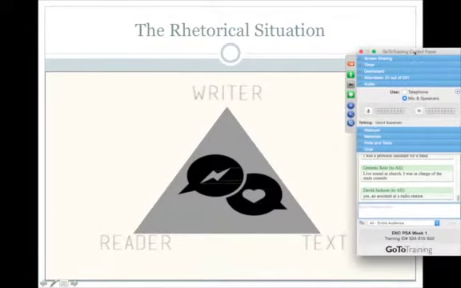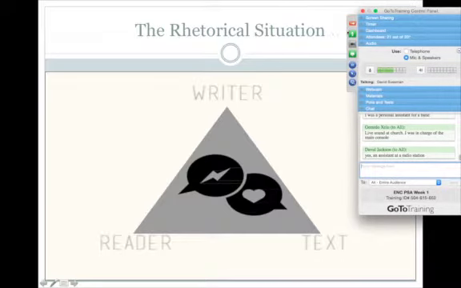Okay, first I want to explain, just in general terms, what's called the rhetorical situation. It's often framed as a triangle called the rhetorical triangle. And this might relate to a quiz question, so you might want to listen up carefully here. But essentially, what we're talking about here in this triangle is that we have three elements: the writer, the reader, and the text. And here, text can be understood in the largest terms possible.